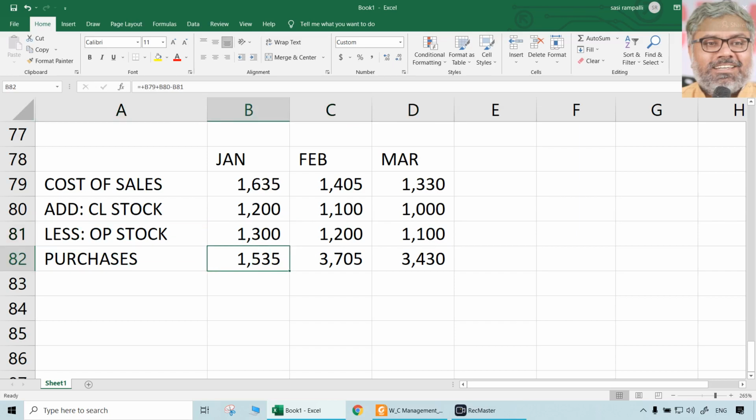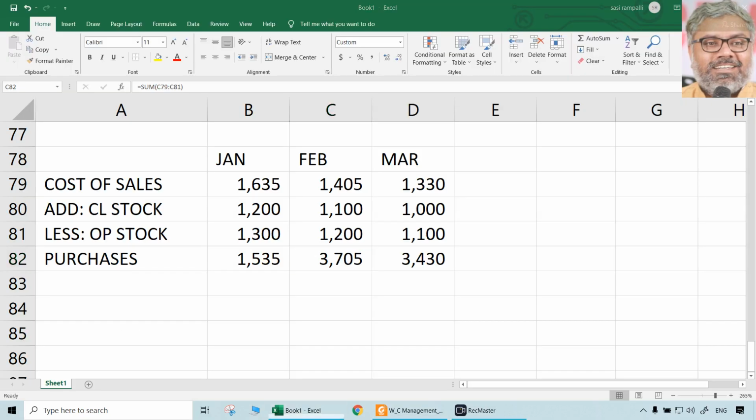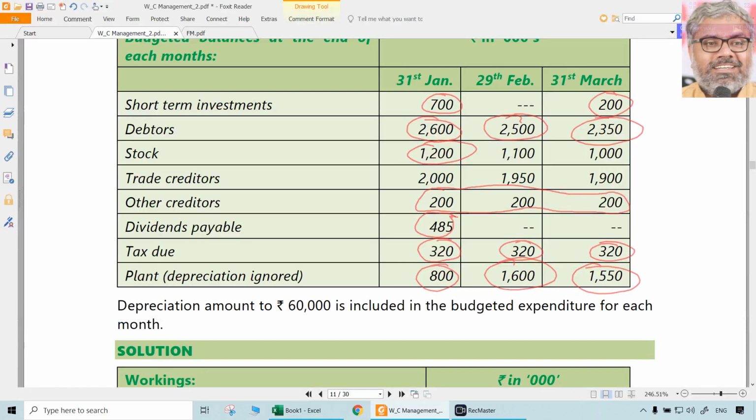So what will be the purchases now? This is 1535, 3705, 3430. But these are purchases only. They are not payment to creditors. Once again, you have to refer back to the creditors. How to get payment to creditors? Just for convenience, if you prepare the creditors account, we don't prepare that, how will it look? Opening balance will be on the credit side. Closing balance will be here. Purchases will be here. So the balancing figure in the creditors account, at our bank account, is the payment